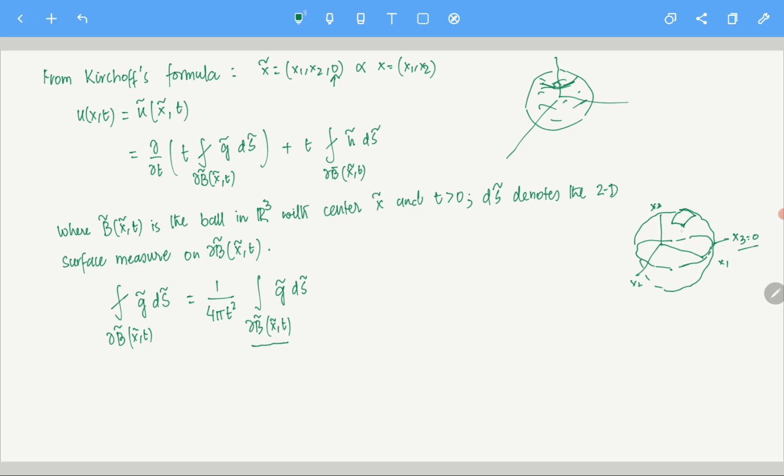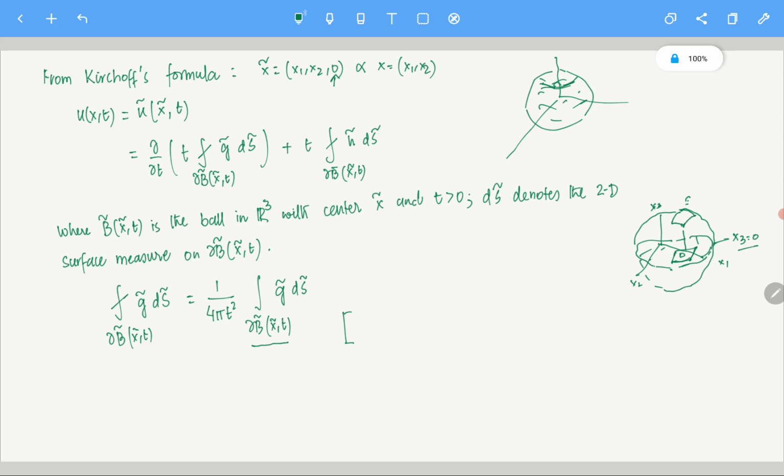Now you see, if you project it on this part, x3 equals to 0, it will correspond to some kind of rectangle or some region here, let's say D capital. So this is the small surface, and corresponding to that this D is there, if you project it in this 2 dimension. So what is the formula? Let's say this surface S. Maybe I can write it here.